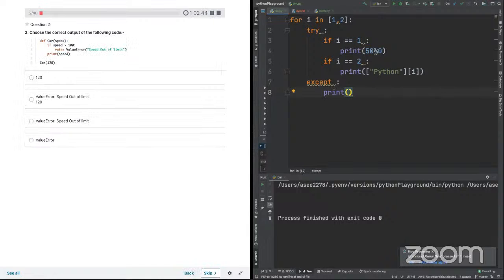Second question, choose the correct output of the following. You have a car class. If the speed which you are passing as the argument is greater than 100, then you would raise the value error, like any value more than 100 is a speed out of limit error, and then you print the speed. You're calling this method with 120. So of course it would raise the value